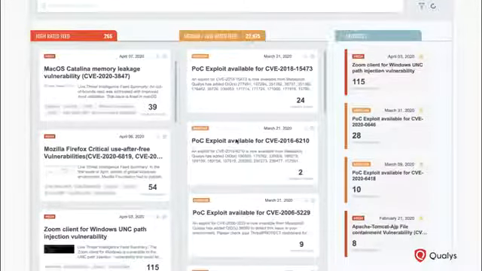Now, you want to fix what's on the left-hand side first, because that's exploitable, and we talked about the real-time threat indicators, which I'll showcase a little bit later as well, in addition to this. But